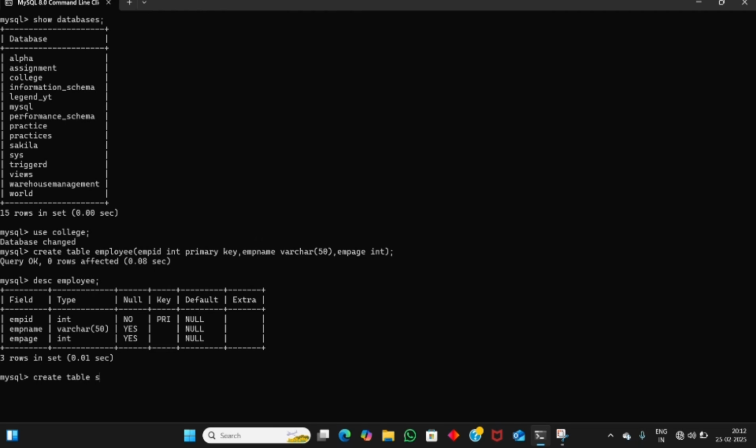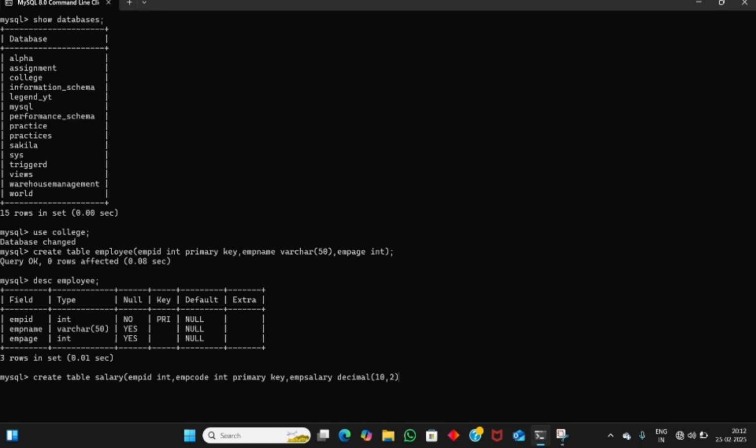Create table salary and insert the fields employee id int, comma, employee code int, and give it as primary key, and then employee salary as decimal 10, comma,